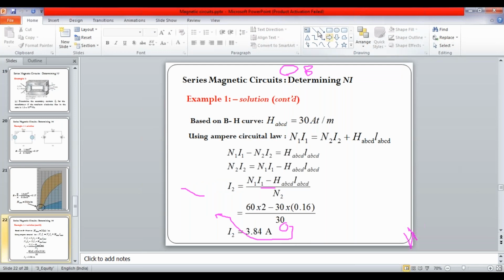After calculating that one, we can apply Ampere circuital law. So Ampere circuital law is that it is the algebraic sum